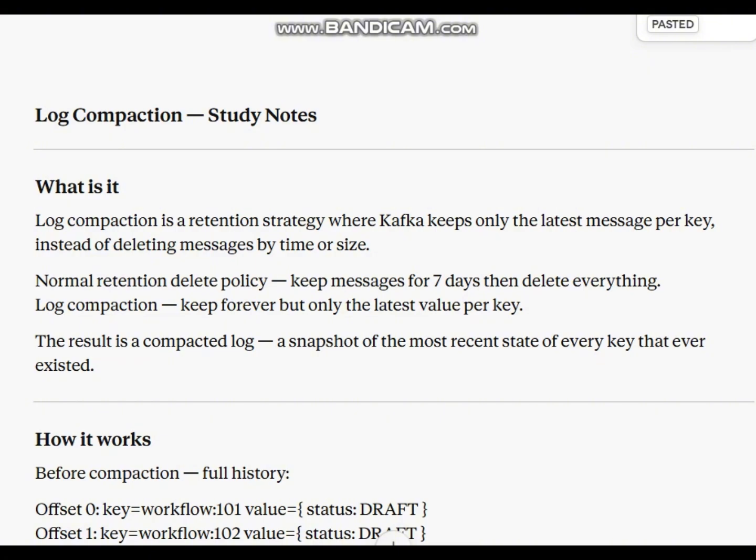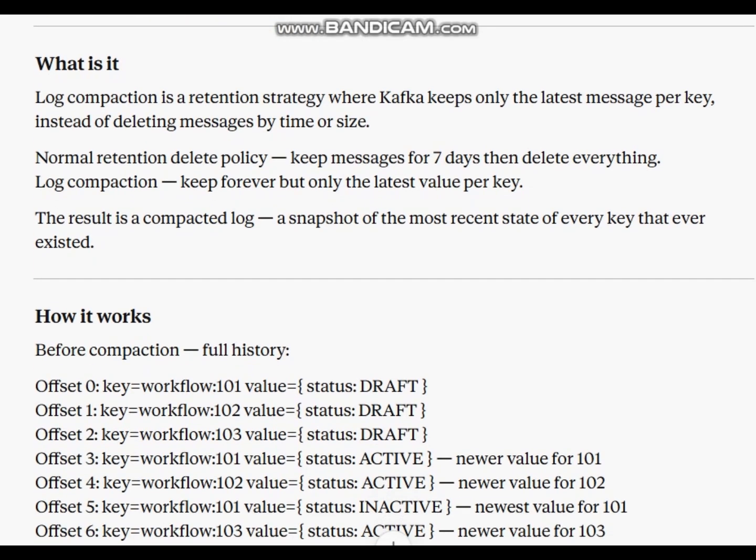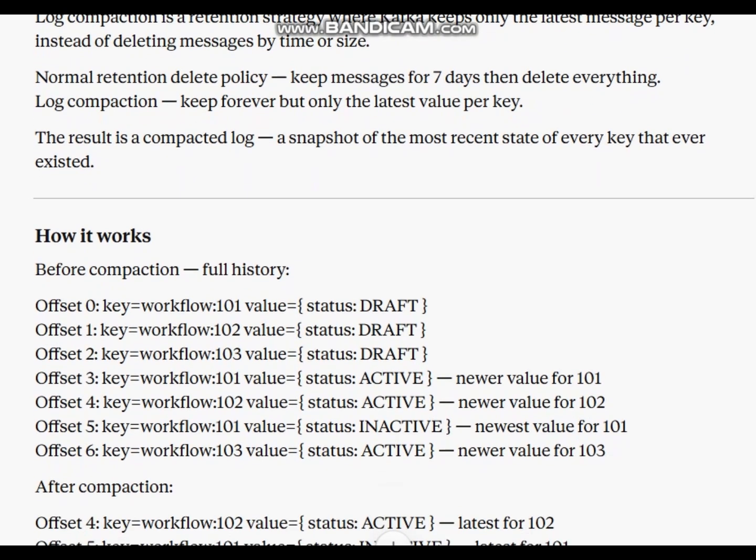How it works. Before compaction, full history. Offset 0, key workflow 101, value status draft. Offset 1, key workflow 102, value status draft. Offset 2, key workflow 103, value status draft. Offset 3, key workflow 101, value status active, newer value for 101.